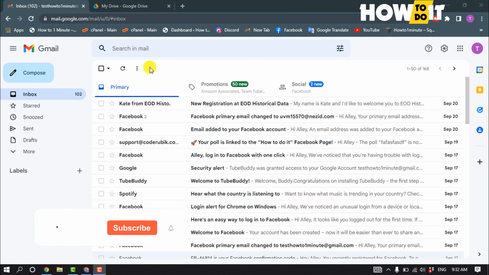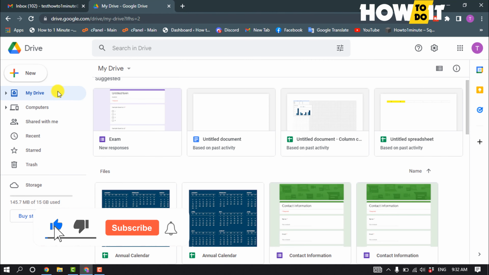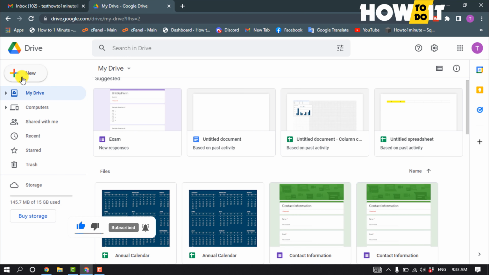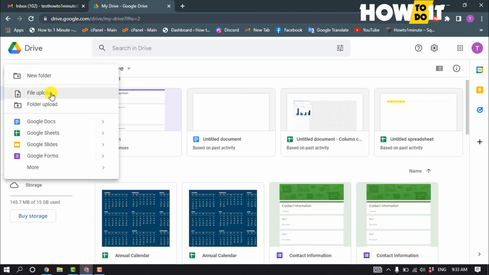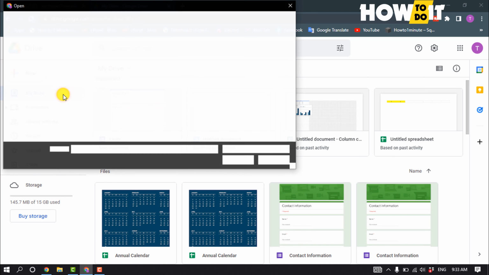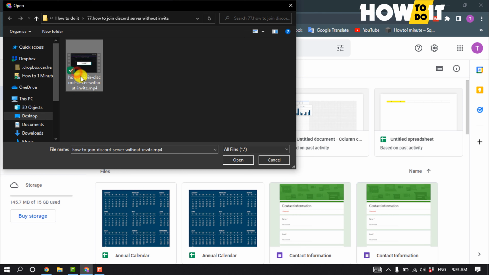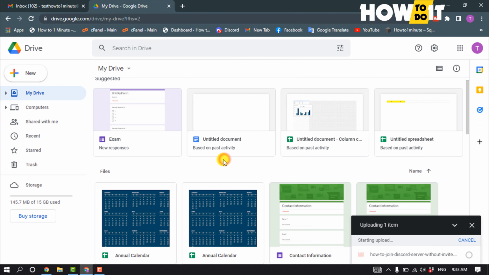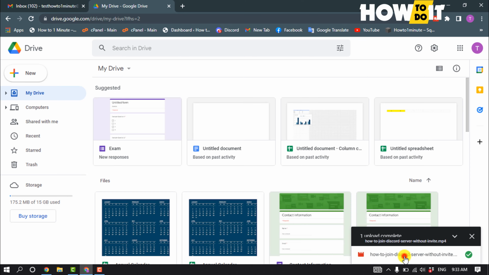So first of all, you'll need to open your Google Drive and upload the large video on your Google Drive. So click on this plus icon, click on file upload and select the video, open, and it may take some time to upload the video. Once your video is uploaded, click on it